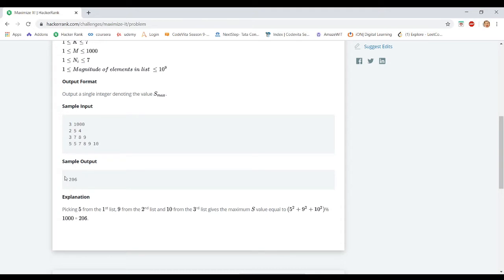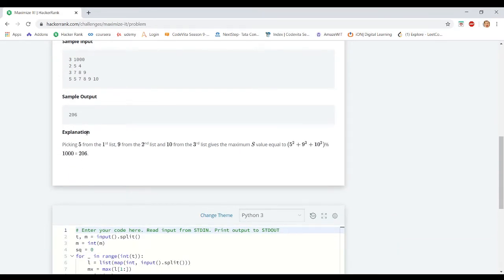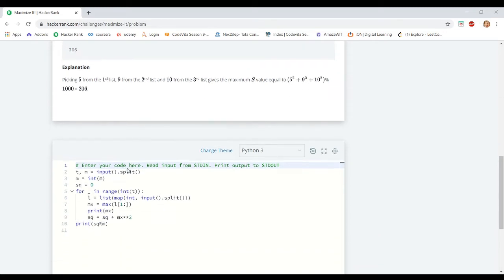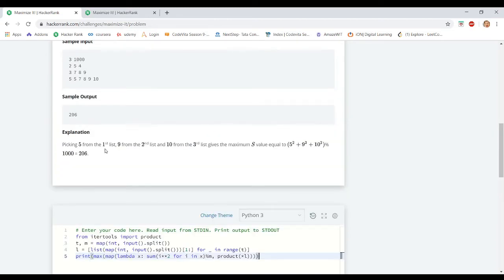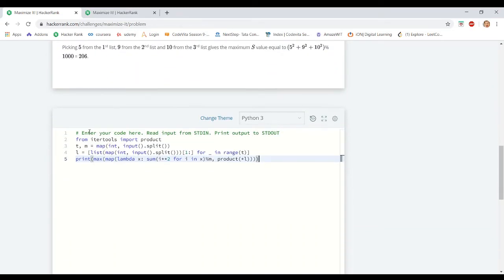The sample output is 206. Let's see the explanation. Picking 5 from the first list, 9 from the second list, and 10 from the third list gives the maximum S value, equal to 5 square plus 9 square plus 10 square mod 1000, which is equal to 206.